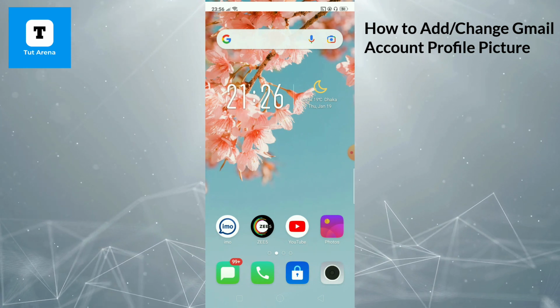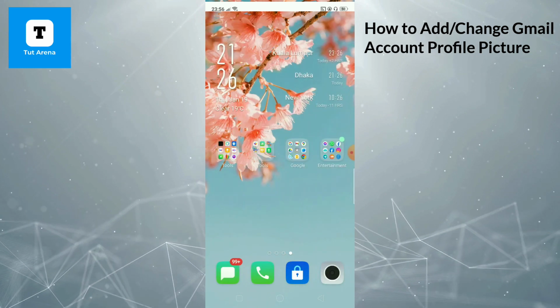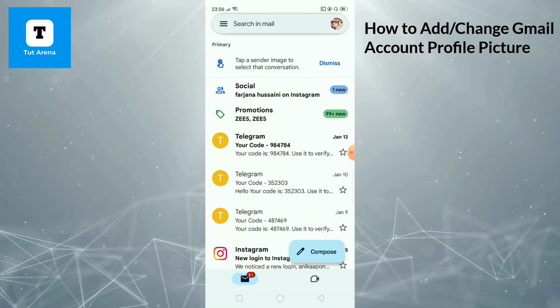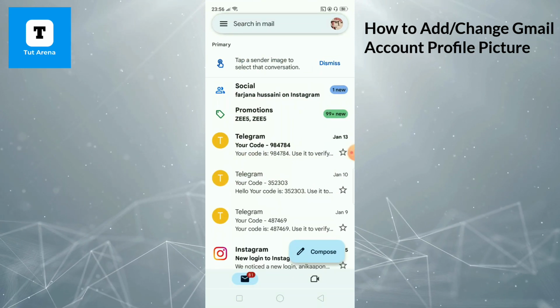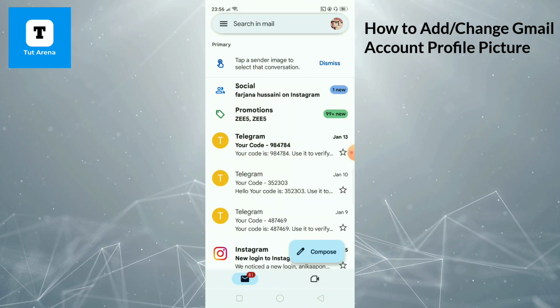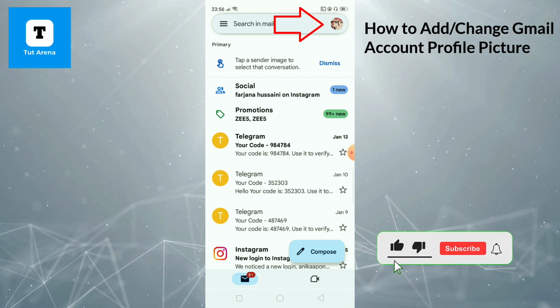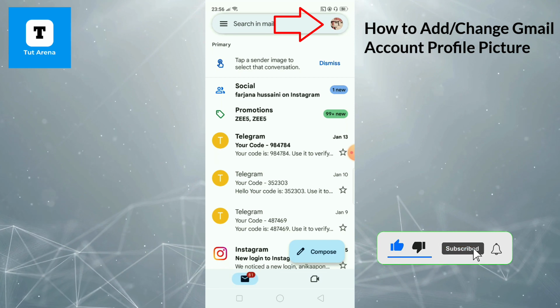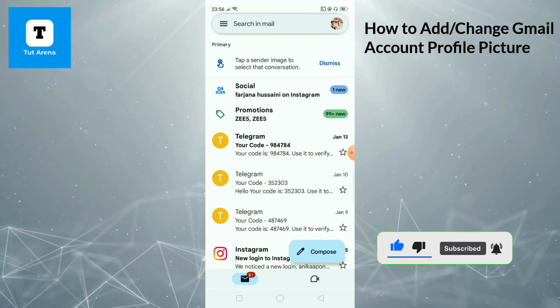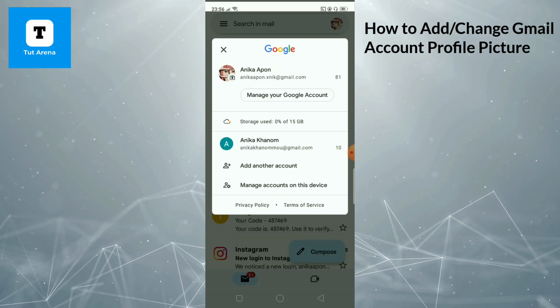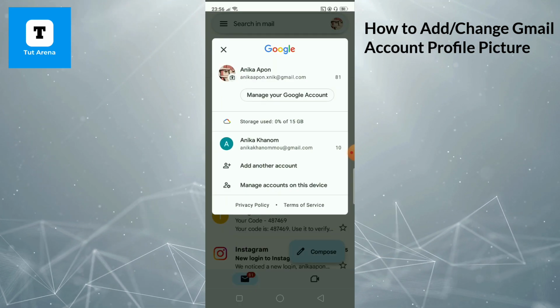Now let's start. At first you have to go to the Gmail app, then open it, and right there at the top right corner of your screen you can see the profile photo of mine. This is my Gmail account profile photo, and now you can tap right here, and as you can see on your screen,